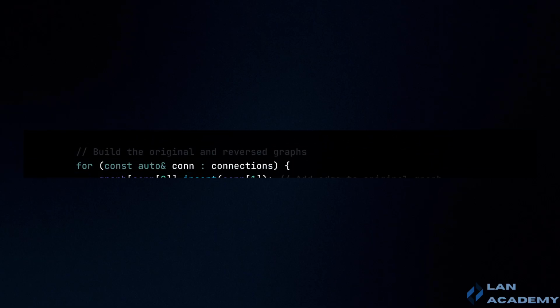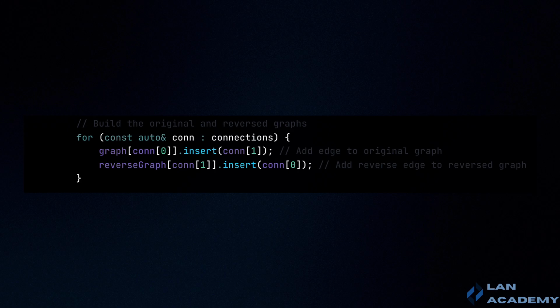We iterate over the connections array, and for each con, we add city bi, con[1], to the set of neighbors of city ai, con[0], in the graph, indicating a road from ai to bi. We also add city ai, con[0], to the set of neighbors of city bi, con[1], in the reverse graph, indicating a reverse path from bi to ai. Separating the initial and opposite directions into a graph and a reversed graph allows clear identification of roads that need